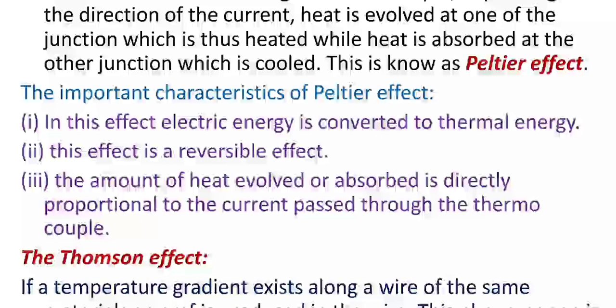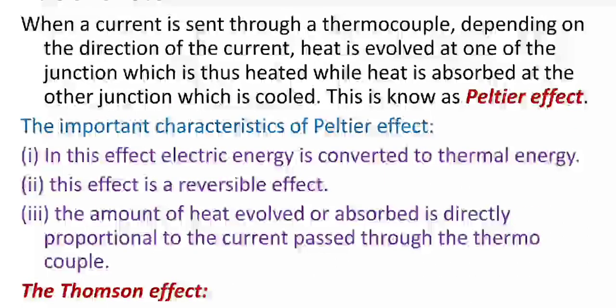First of all, the Peltier effect requires a thermocouple, that means two different metals connected to form a couple, and then you give a current to the circuit. If the current flows from A to B, then point A is heated up and point B is cold. But if the direction of the current is changed, then you will observe B is heated up and A is cold. Okay, that's why this is a reversible effect. So the Peltier effect is reversible, but the Joule heating law is an irreversible effect.